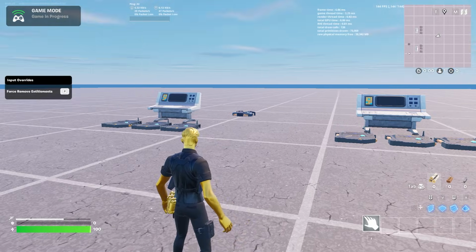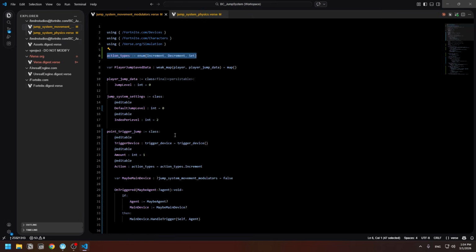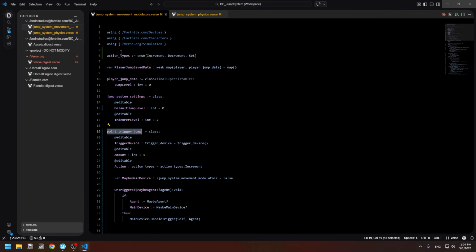Let's go to the code and see how it works. Let's start from the movement modulators. First of all we have the action type, which is what we need in the point trigger. Maybe let's start from this. This is basically save data. Here we're saving the jump level for a player. So this is a saved one: when the player leaves the game and joins again,